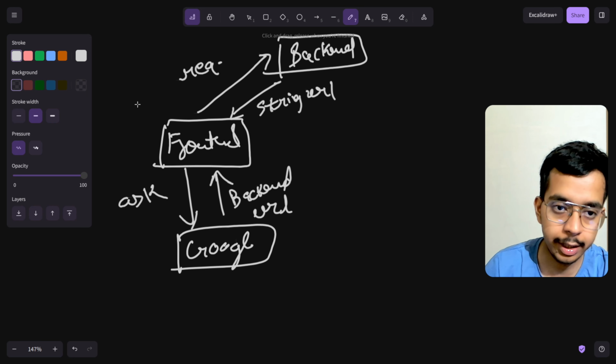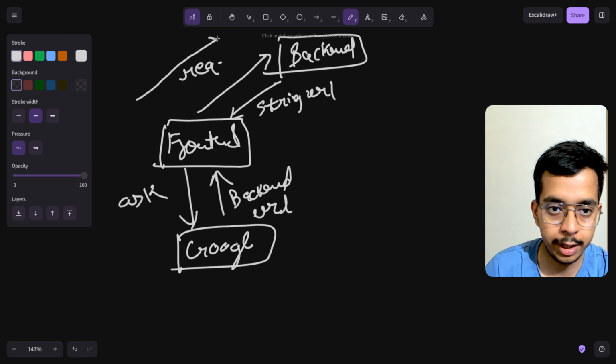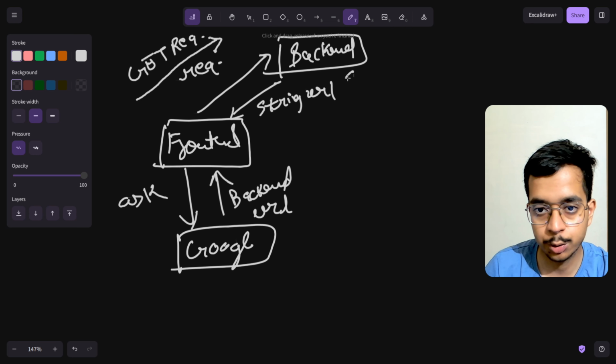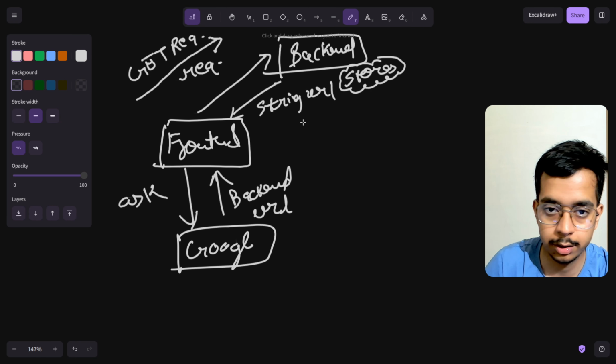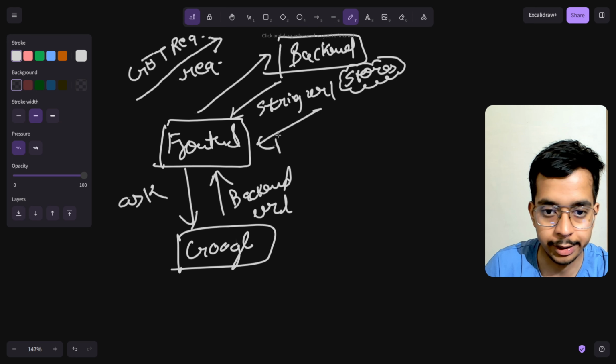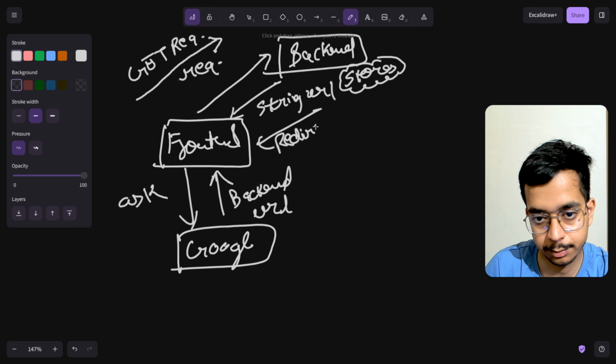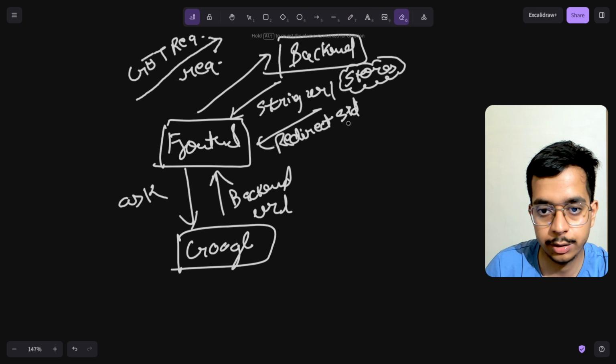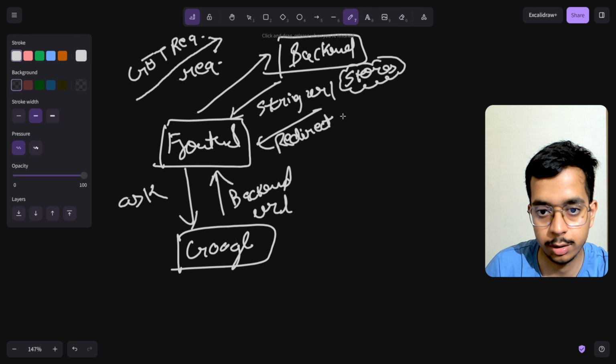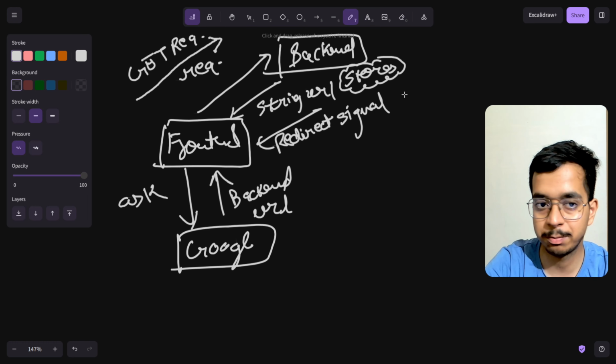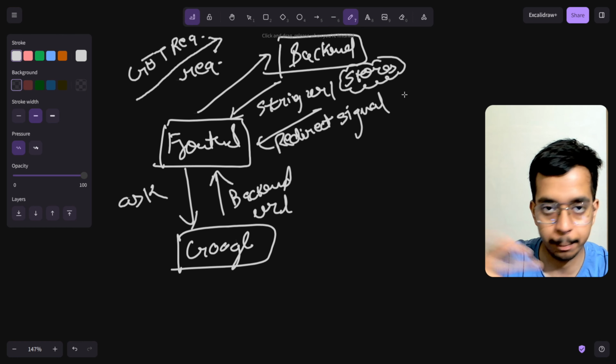The front end again sends a get request to the backend. The backend stores the data, and the backend will send a redirect signal. I think this is much simpler than what I had drawn. So you can see this is pretty much a mess, with a lot happening back and forth,